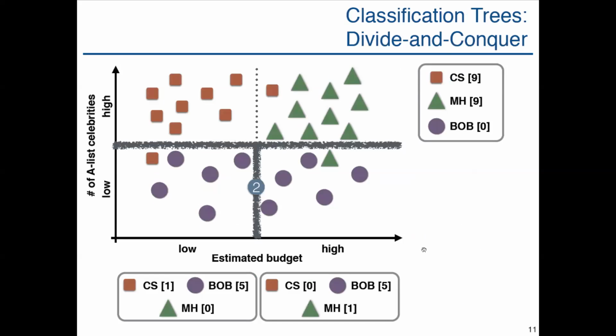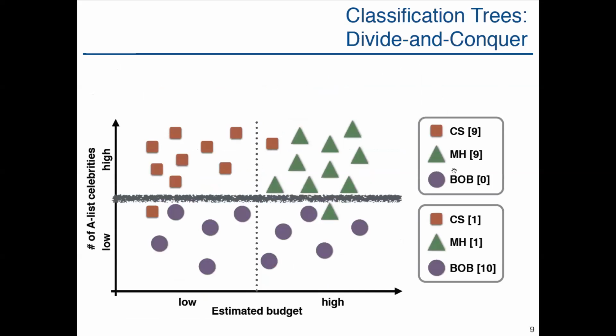Let's look at this split. You have this split right now. Let's look at this node that's below here. Critical success कितने हमारे पास 1 है, mainstream hits भी 1 है, box office bust भी 10 है, right? Now there's a certain information that you have in this node. 10 out of the 12 are box office busts, 1 out of 12 are this, and 1 out of 12 are mainstream hits. Now, if you were to split this further,